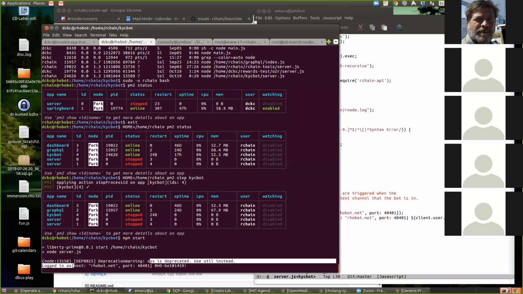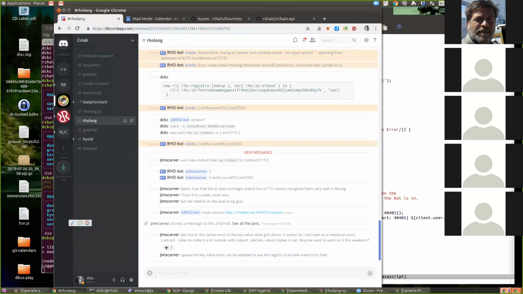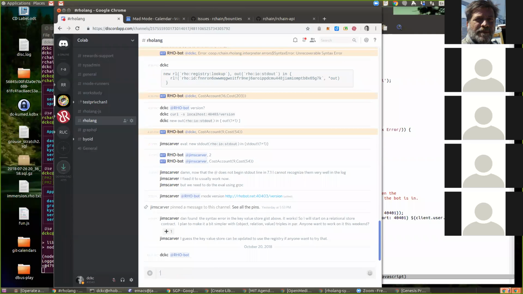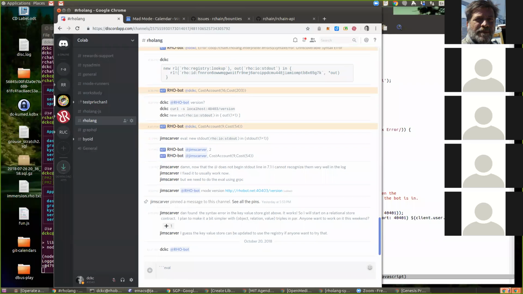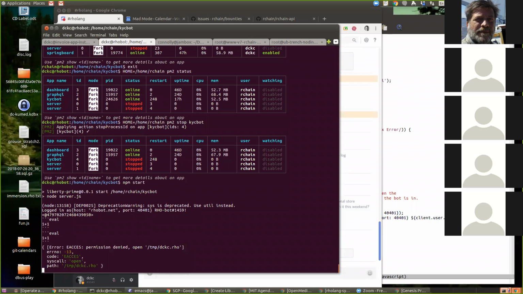Well, that's the RChain node that it's connected to, I would expect. Oh, okay. How does one ping it? Normally you could just do a ping in Discord, right? I don't really know what a Discord ping looks like. There, it seems to be. That's curious.